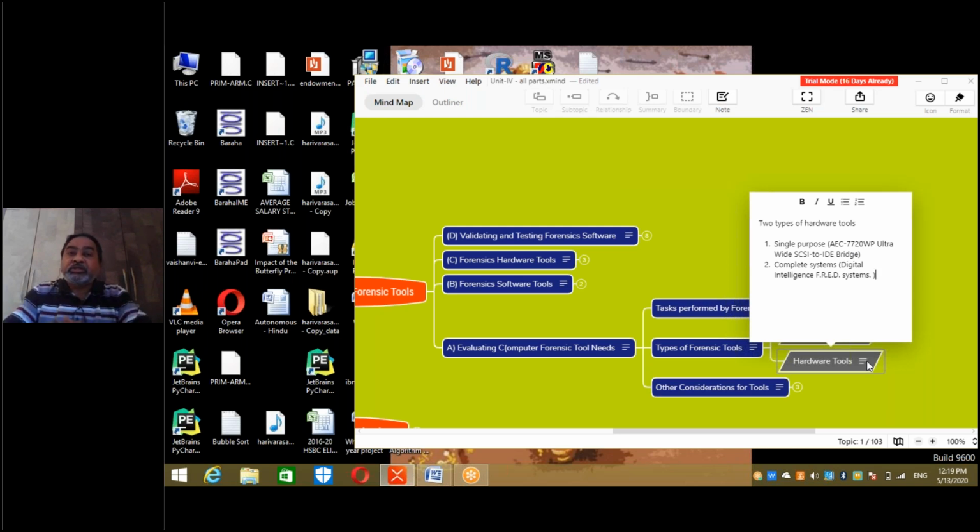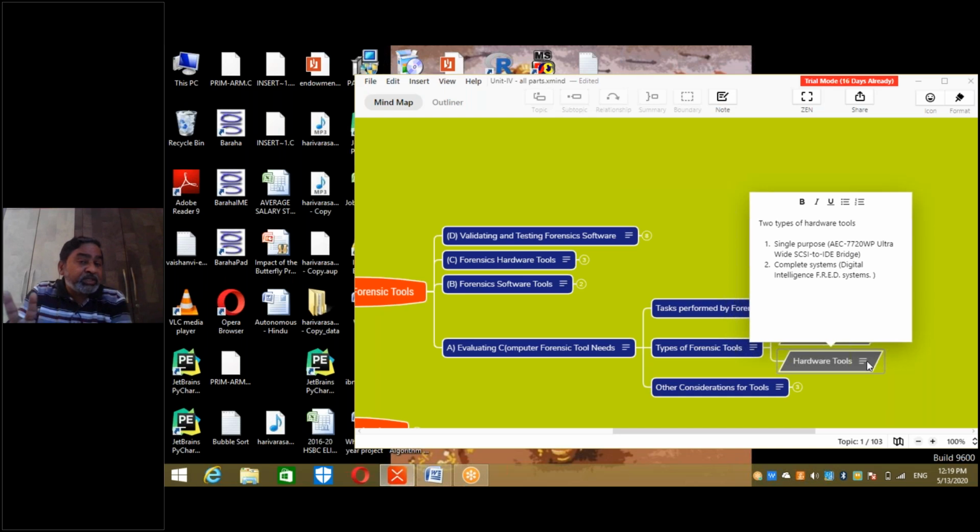And the hardware tools, that means there are hardware tools also. Gadgets are also there. Right? The investigation is a very costly process. It requires a combination of hardware and software. For example, BitLockers are hardware tools that use software control. Something is embedded in the hardware itself. It runs automatically. So the hardware tools can be 2 types.